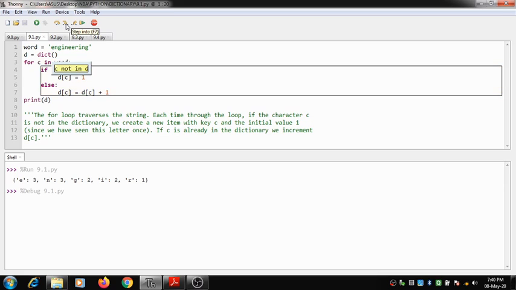So what happens? It will check whether N is not present in D. Yes, as N is not present in D, because this is an empty dictionary. Remember that E is the first element that I have added. Okay, all these characters are appearing for the first time inside a dictionary. We are adding all these elements for the first time in the dictionary.